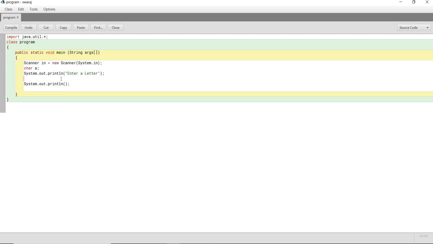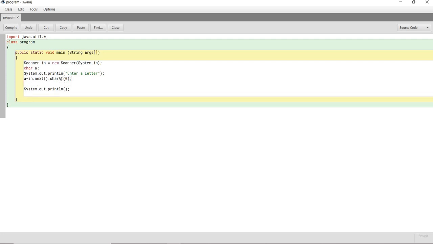We will take the input from the user using the input statement for character in the Scanner class, which is a is equal to in.next().charAt(0); semicolon. Now we will convert this into uppercase using the statement